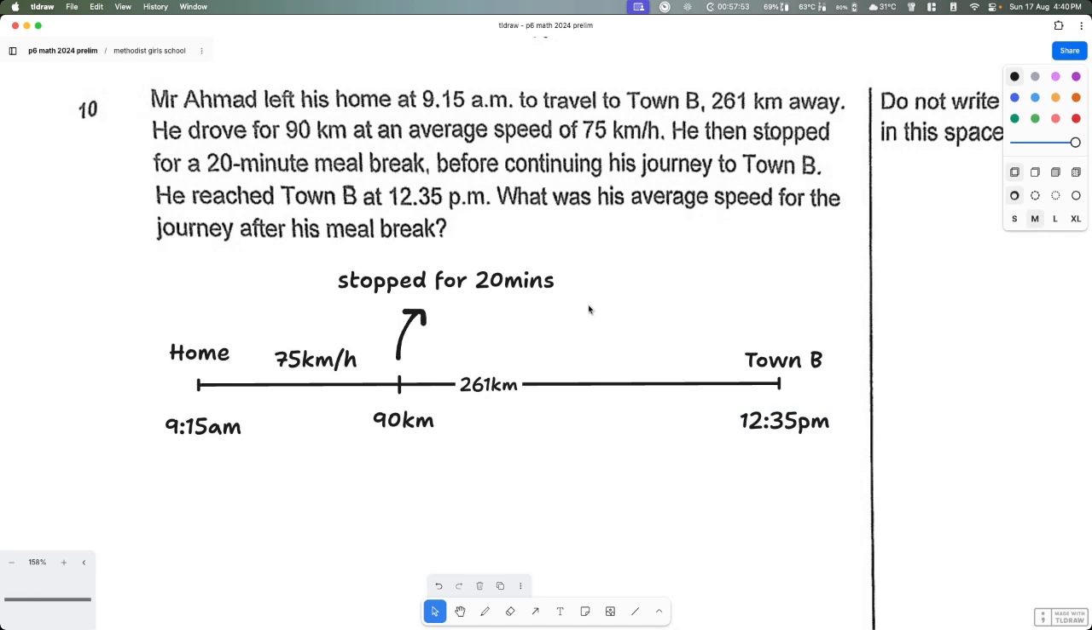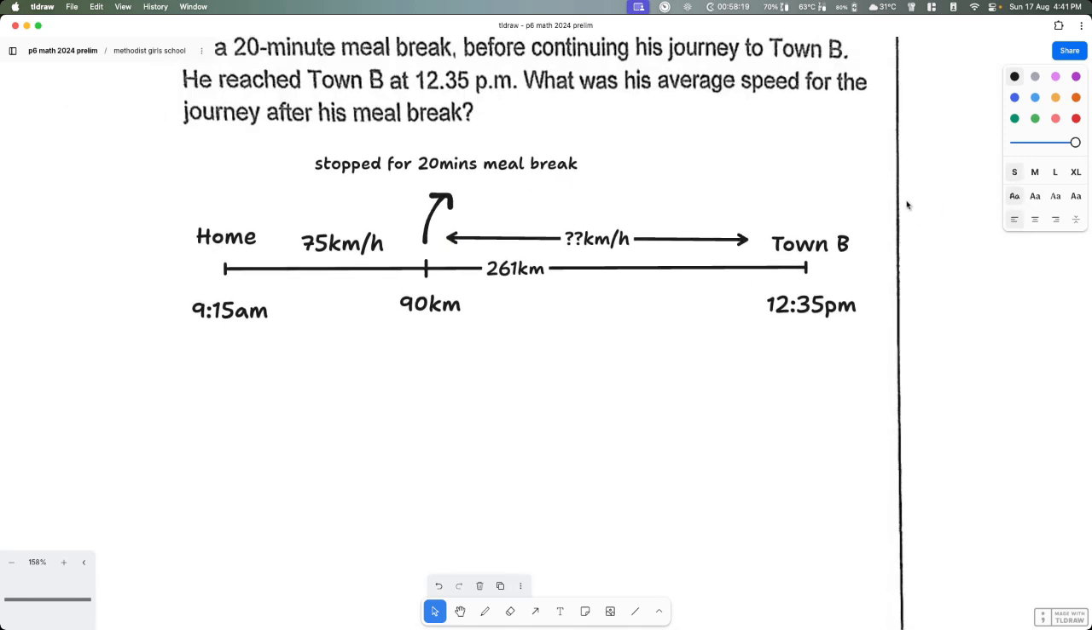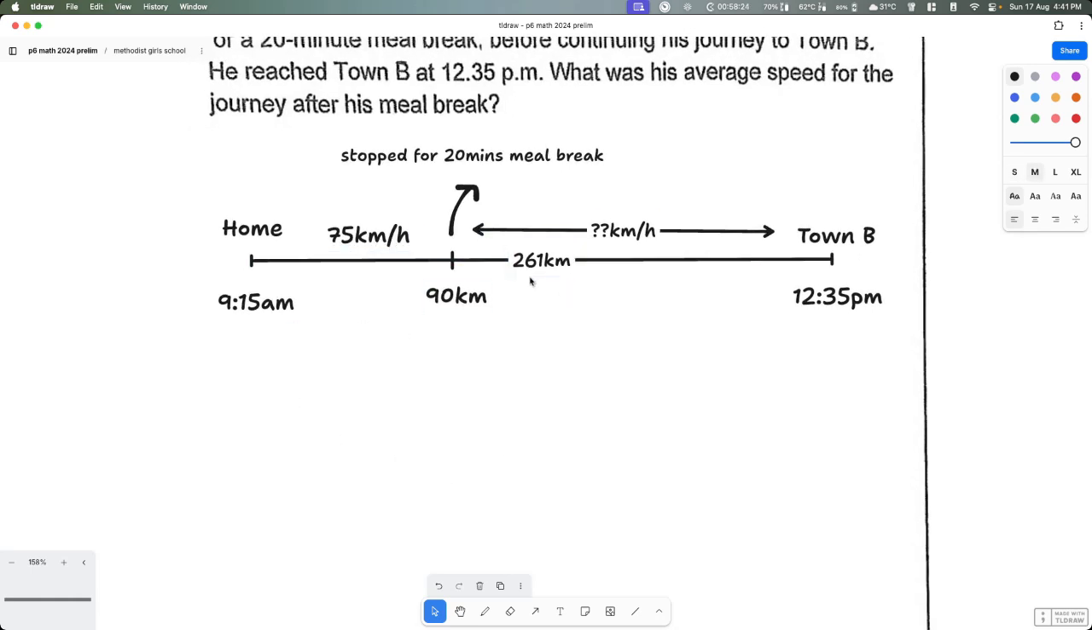So what is his average speed for the journey after his meal break, which is basically this one? What is this, km per hour, for the journey after the 20 minutes meal break? Okay, so I think from here we can solve this. Let's make this a little bit smaller. All right, first thing first. After his meal break, we want to know the